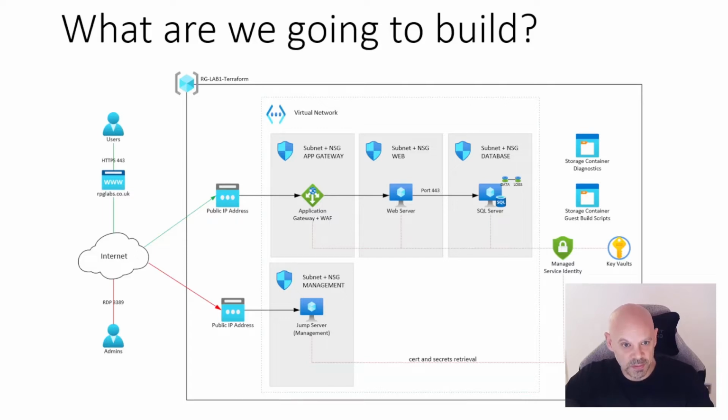In the last few videos, we've managed to build pretty much all our infrastructure now. So we've built a resource group, VNet, subnets with NSGs, we've built all the server infrastructure, we've provisioned the guest operating system with IIS in this case, and with the SQL server we configured the disks. We use custom disk extensions with scripts coming off these containers over here. We set up a management server to allow our admins to remote access in, and we've got it all secured with NSGs. So all we've got to do now is allow our users access to the environment through this web